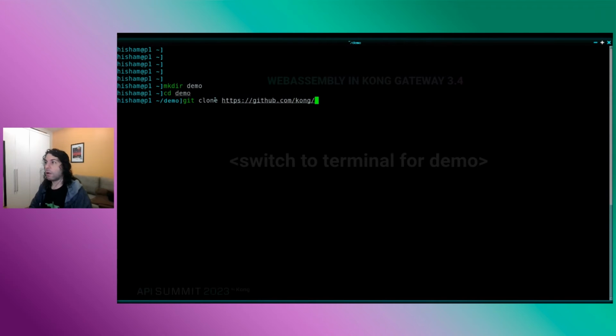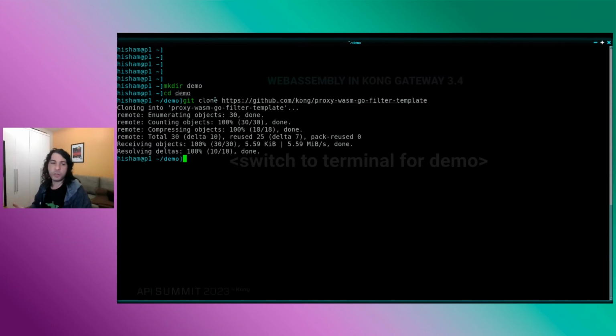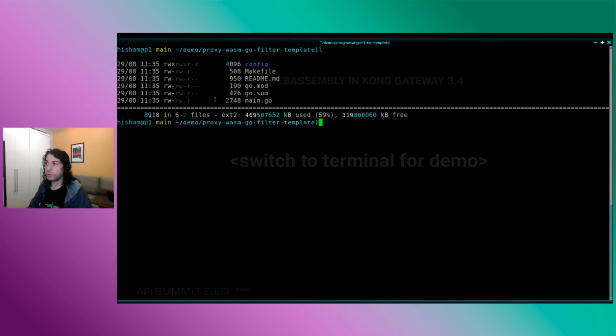At Kong, to get you started, we prepared a couple of template repositories, one for Go filters and one for Rust filters, which essentially implements a hello world filter to get you started, right? So this is going to be the hello world filter. And if we take a quick look at it,